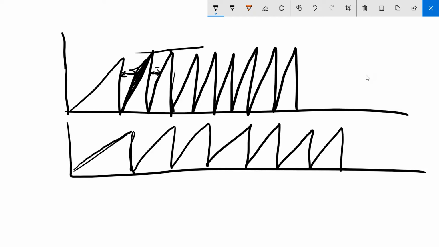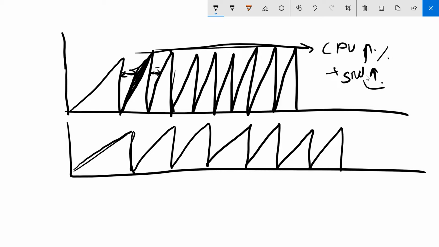For this kind of GC, you will have some CPU percentage increase. It will increase your CPU utilization, plus your stop the world pauses will also increase, which will ultimately cause your response times to increase.